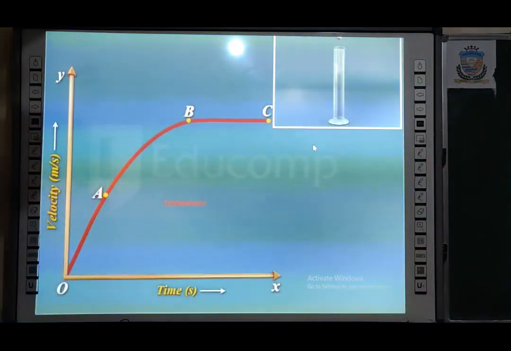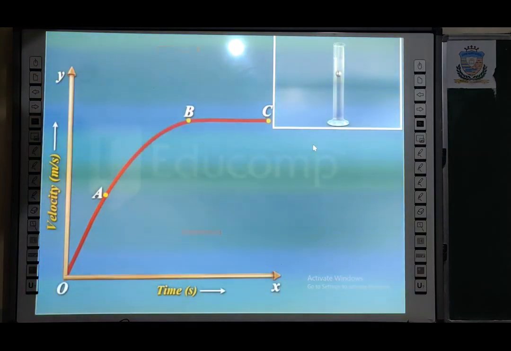The velocity increases due to gravity, but the viscous drag is also acting. Thus, the velocity increases with an acceleration that is less than the acceleration due to gravity, as in the region OA. Here, the viscous drag is very little. The increase in the velocity results in a greater viscous drag. Thus, the rate of increase in velocity decreases significantly along AB.